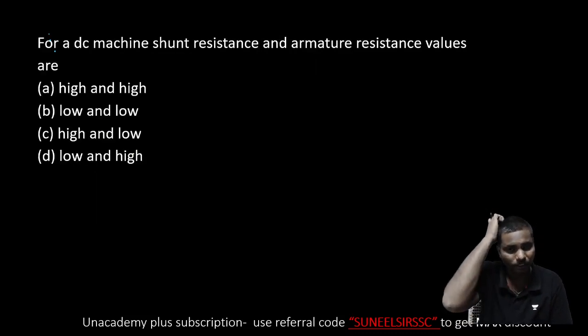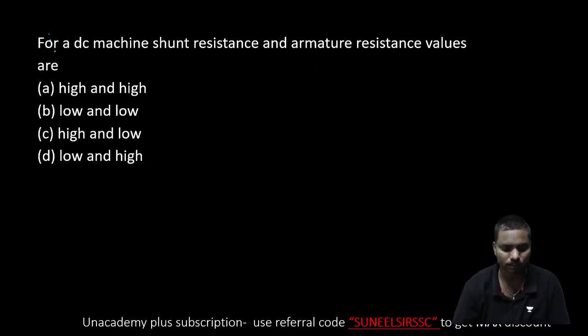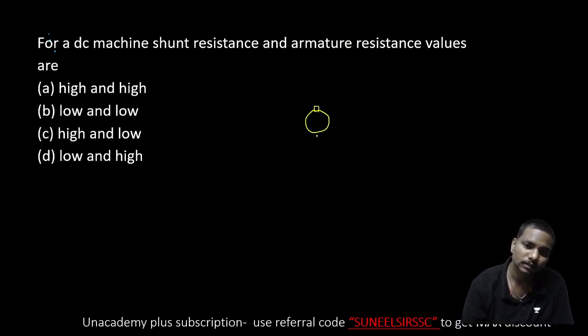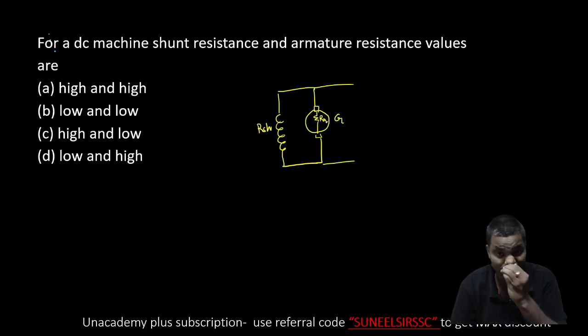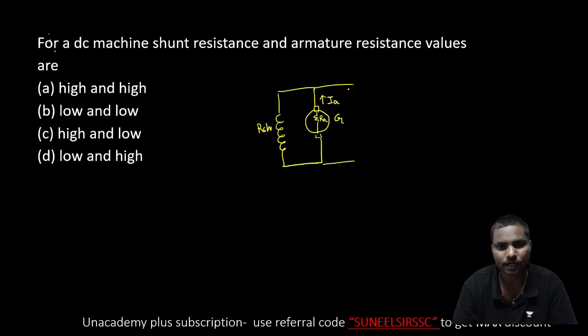For a DC machine, shunt resistance and armature resistance values are dash. Shunt resistance and armature resistance. For example, let us take a shunt machine. Here we have the armature resistance. This is the shunt field resistance. So they have given machine. It may be a generator or it may be a motor. For example, if we consider it as a generator, this is the IA, this is the IL, this is the ISH. Generally, if the IA is 100%, IL has to be nearly 95% and ISH has to be 5 to